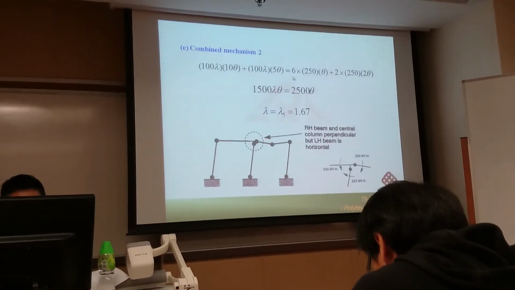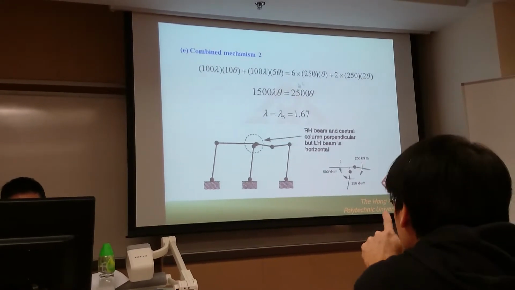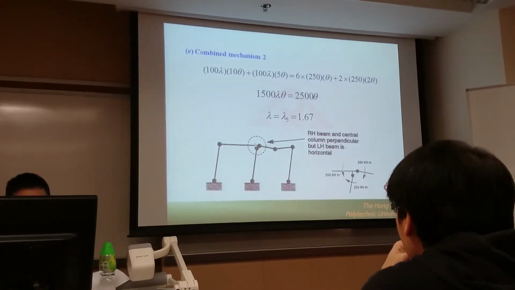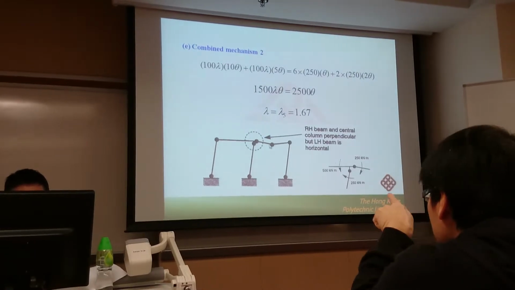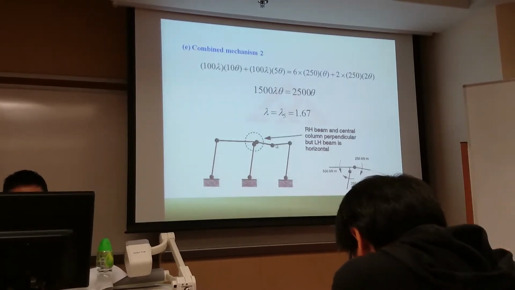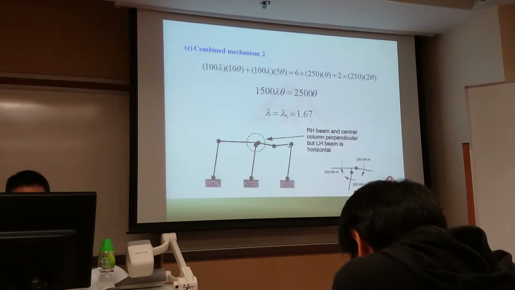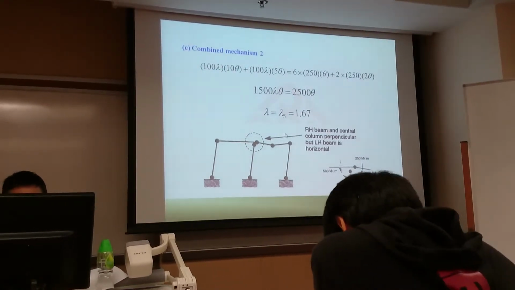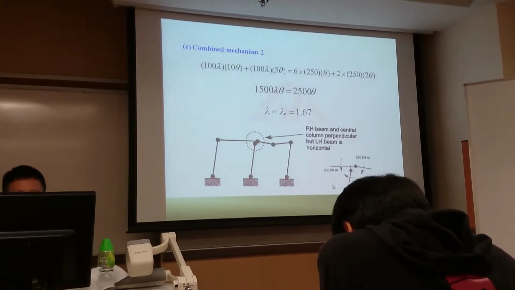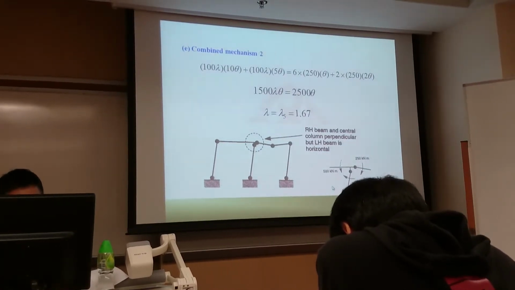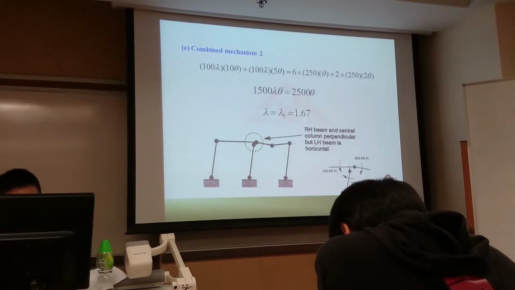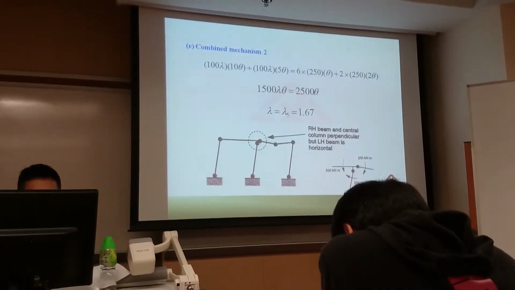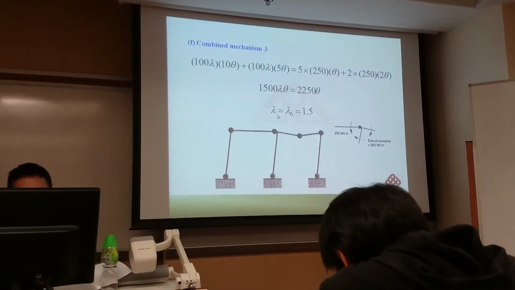So 6 plus hinges have rotation angles equal to 1 theta for each, and the 2 plus hinges have rotation angles equal to 2 theta for each. So this is the solution. The most important thing is how to count the rotation angles, 1 theta or 2 theta or 3 theta, something like this. And then we go to the combined